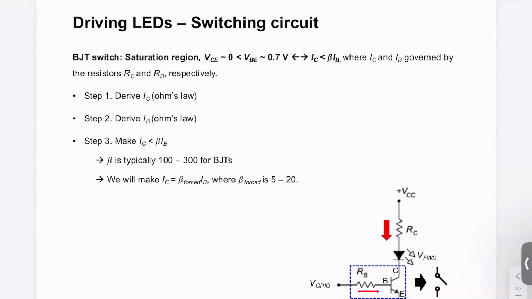So this is how you design your switch in your lab. Derive a formula for IC using Ohm's law. Derive a formula for IB using Ohm's law. Then you want to make sure IC equals about 10 times IB. Okay, so how do we get IC and IB here? Let's spend like 3 minutes